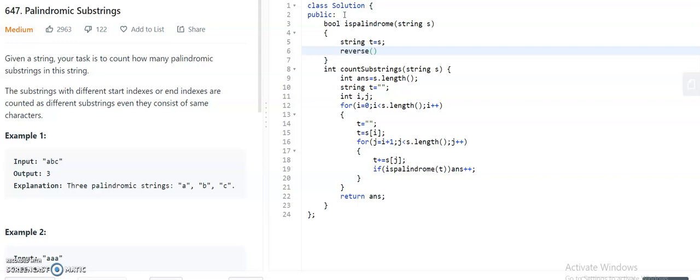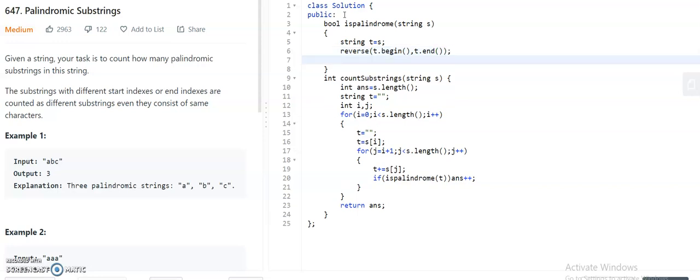You can do it with two pointers from back and front moving towards the middle. So let us do it with the reverse approach. Then we will return true if both the strings are equal, otherwise it will be false. Let us run this.